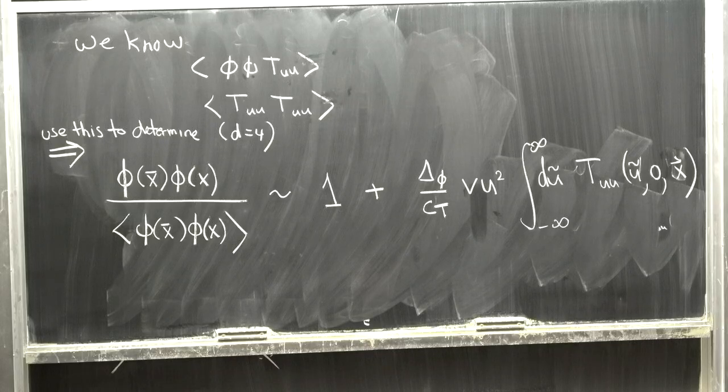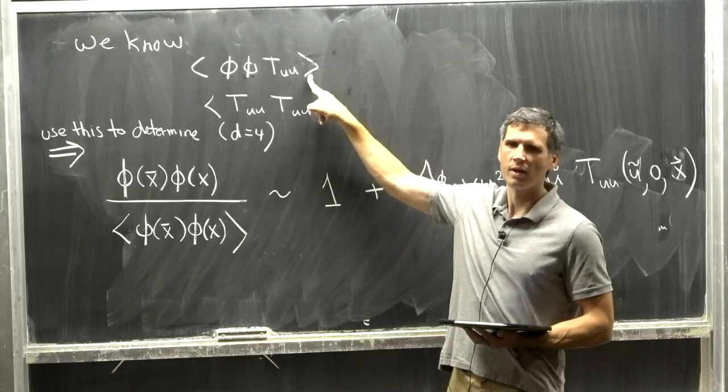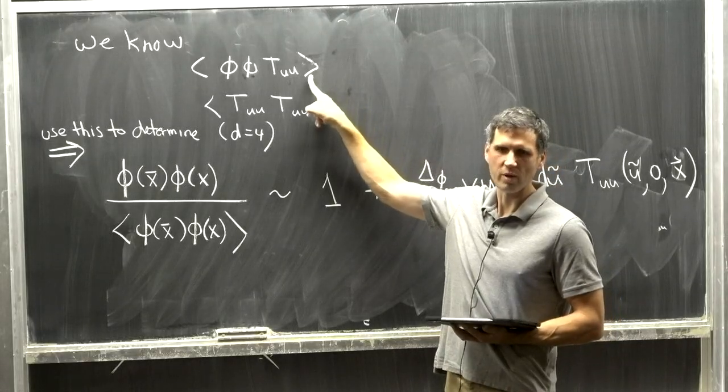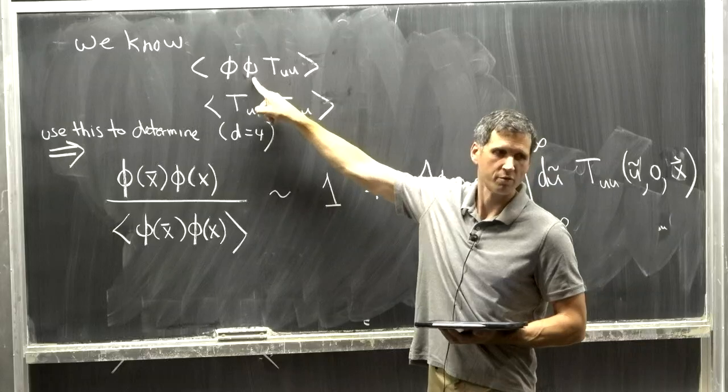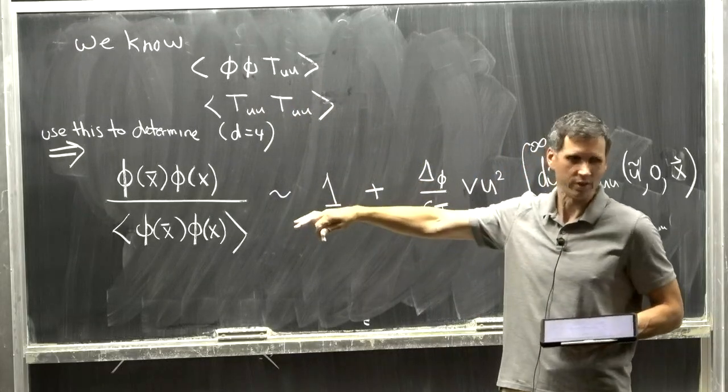Yes? We know the 3-point function completely, meaning we also know the coefficients. In this case, we actually do know the coefficient. This 3-point function has only one tensor structure, and its coefficient is fixed by the Ward identity to be the dimension of phi. So we know this 3-point function absolutely completely, including the coefficient.